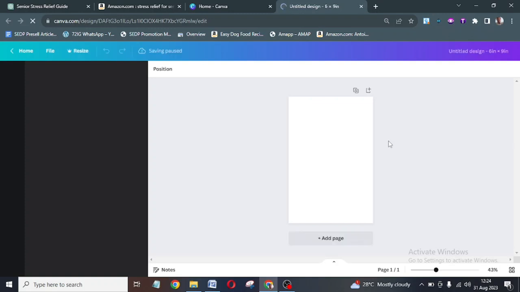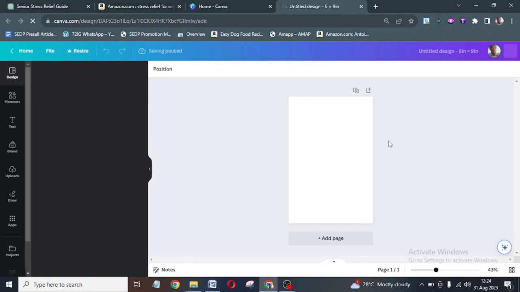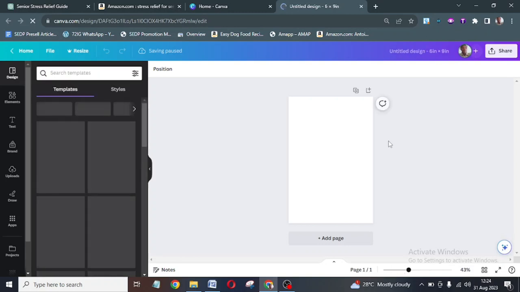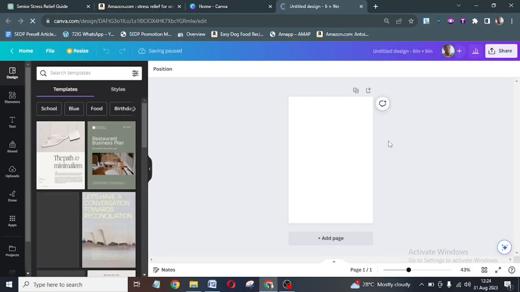So this is how the Canva interface looks like. I don't want to use any template of Canva. I want to create my own template myself. You can use a Canva template. It's not like you cannot use it, but most